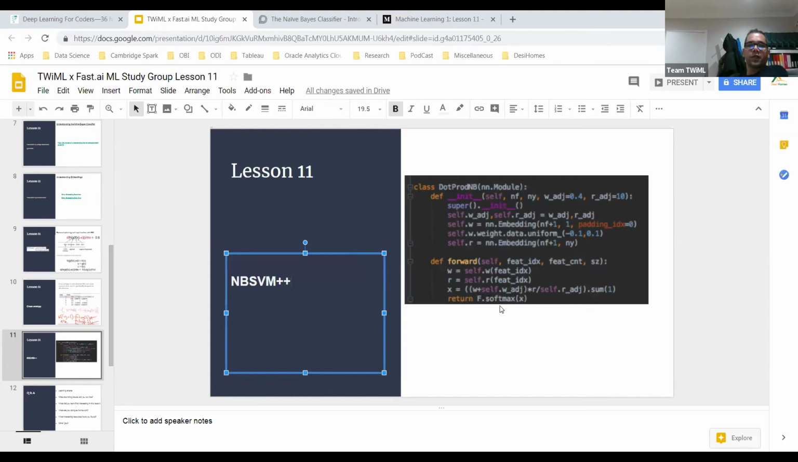So anybody want to chip in? What's this all about? NBSVM++, any issue? That's naive Bayes support vector machines, I think, right? Yeah. I don't know what that plus is. Yeah, I think plus is his addition of the embeddings, plus I think this adjustment weight, where he was explaining that